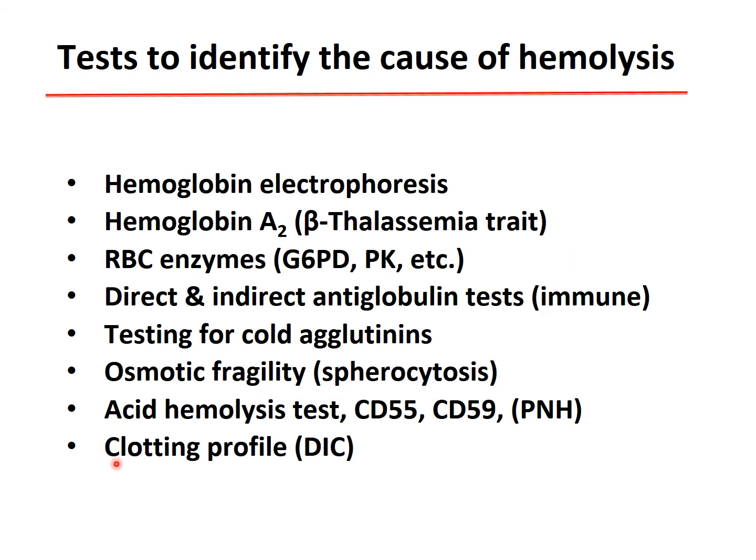Or if we have an extravascular one, for example, DIC. It can be chronic. How do you detect it? The D-dimer level should be checked. And you can see immediately that the hemolysis is due to some